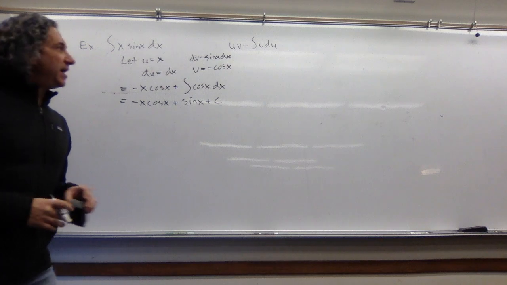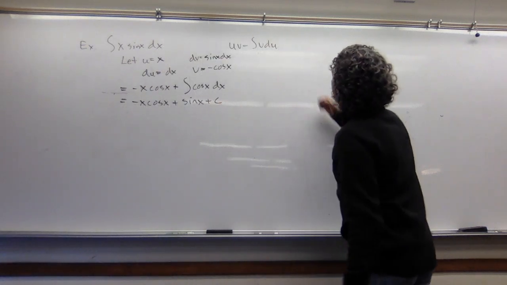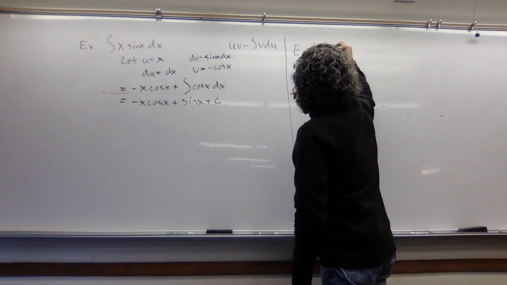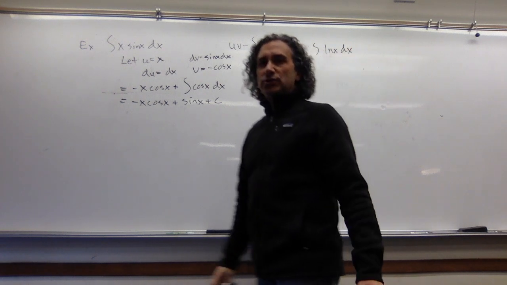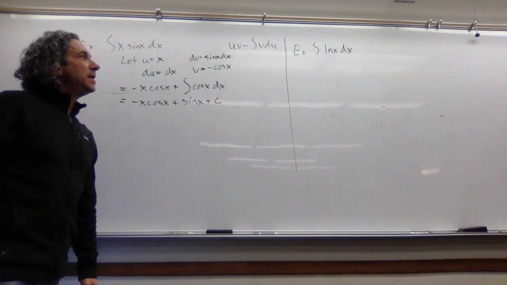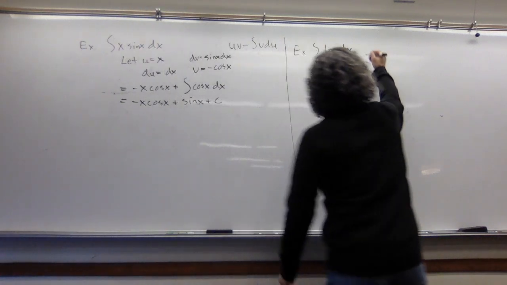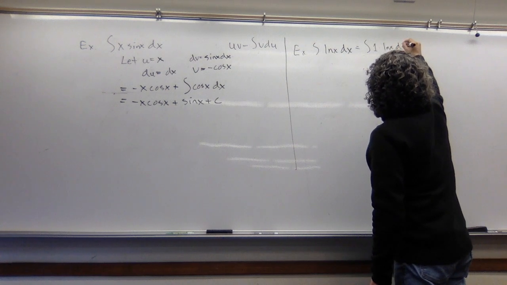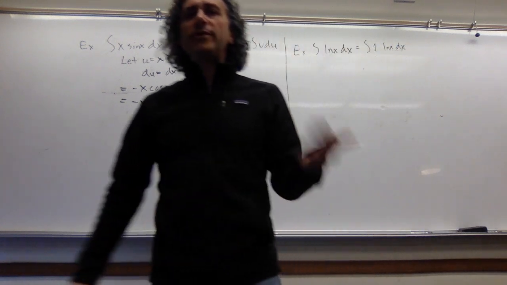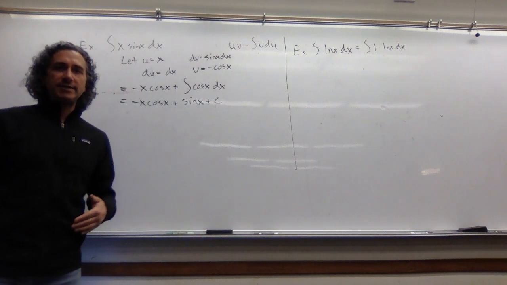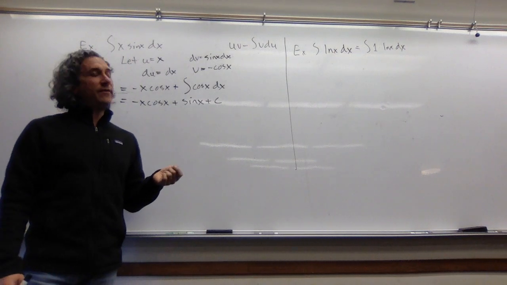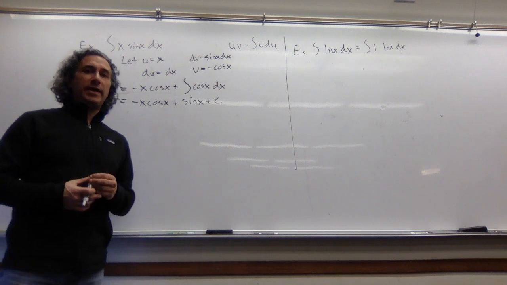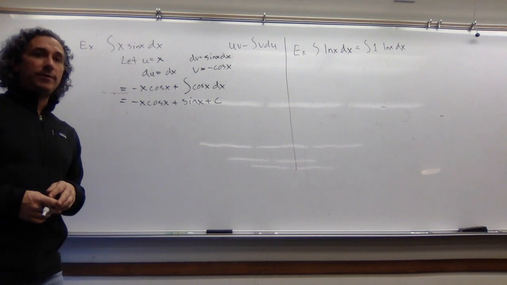Right, and as a final example, let me leave that up on the board so you can check it out as we're doing the final example. The integral of the natural log of x. So again, this one's a little sneaky because I don't see a product, but if I write it like this, I do have a product. And I know the derivative of ln of x is 1 over x. I know the antiderivative of 1 is x, and 1 over x times x is something I can integrate, which tells me parts is going to work.